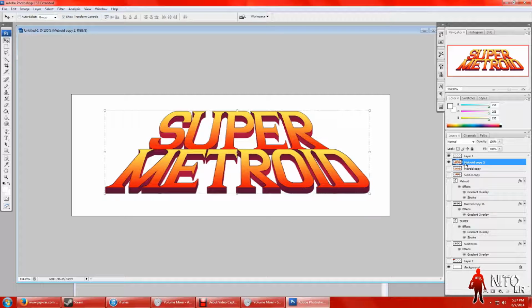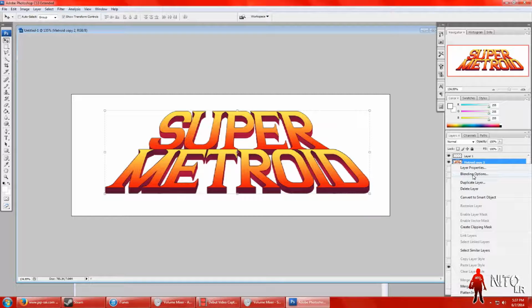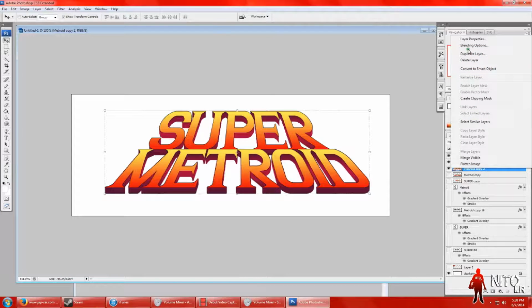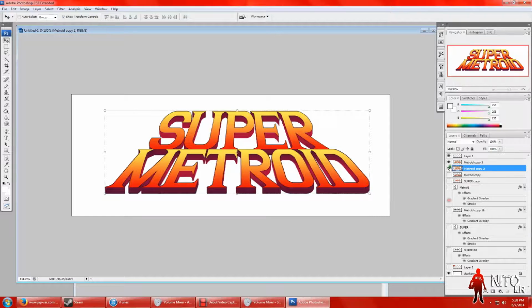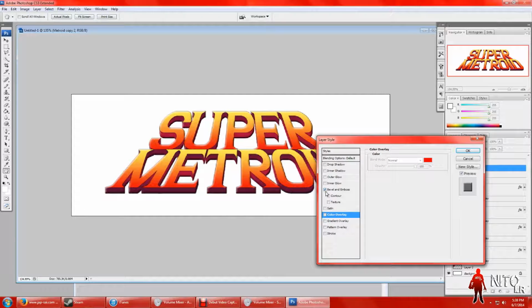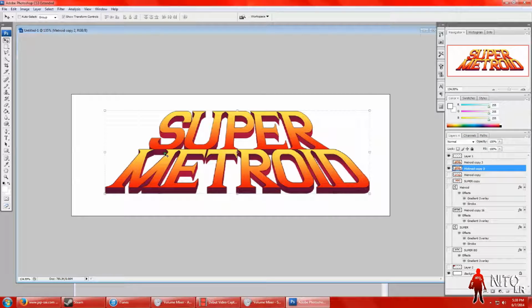Maybe I might have to do an emboss. Let me just mess around with this. This actually kind of comes into my older tutorial, and since this one is technically the one behind it, let's do blending options. Blending options. Gradient overlay color. We're gonna want a bevel and emboss. Here we go. You know what I'm gonna do is we're gonna take this, and we kind of got the shape of it,